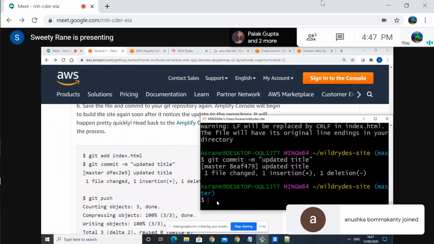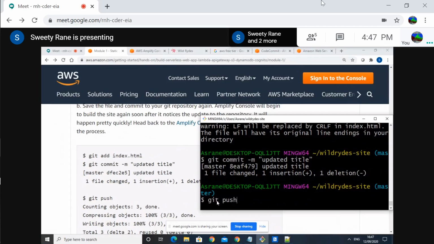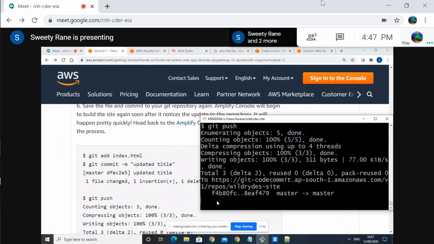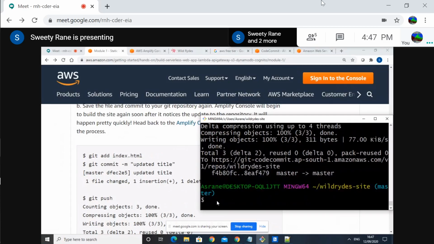Next command is git push. Always remember these commands: git add, git commit -m, and git push.